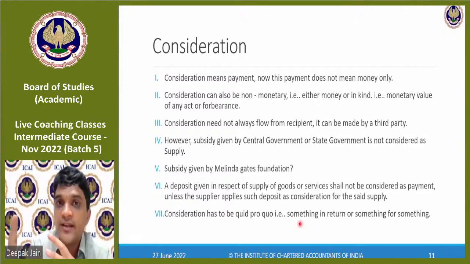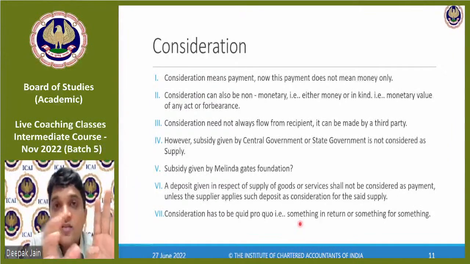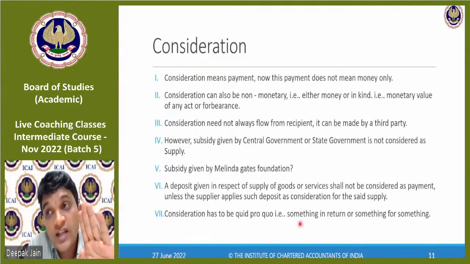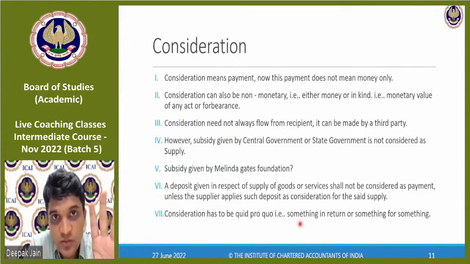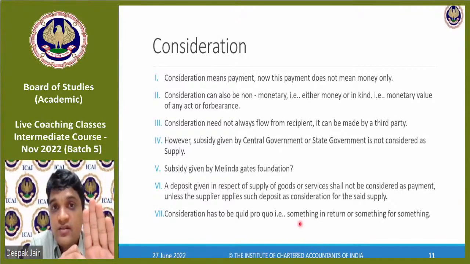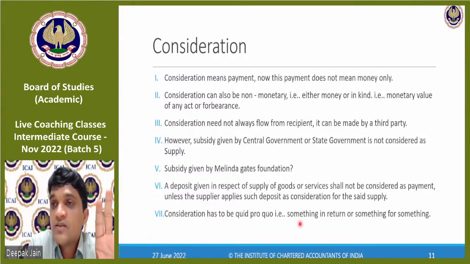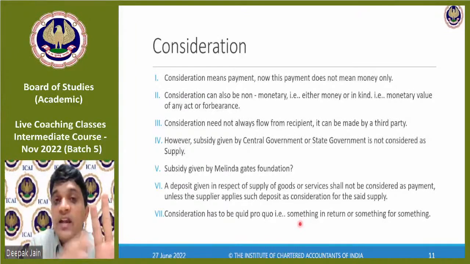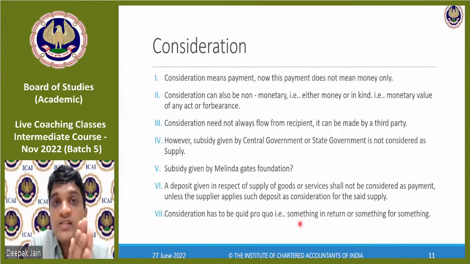When I construct a building, the builder says that I will give you cement. You don't purchase the cement for the building. I will ensure that I maintain the quality and give you good quality cement. So that cement being supplied, instead of me buying it, he's giving it to me, is an example of consideration, because I had to sell him and he will pay me 1 crore rupees. Out of 1 crore rupees, he said, I'll pay only 90 lakh rupees, and 10 lakhs worth of cement I will give you. So this 10 lakh also is a consideration.